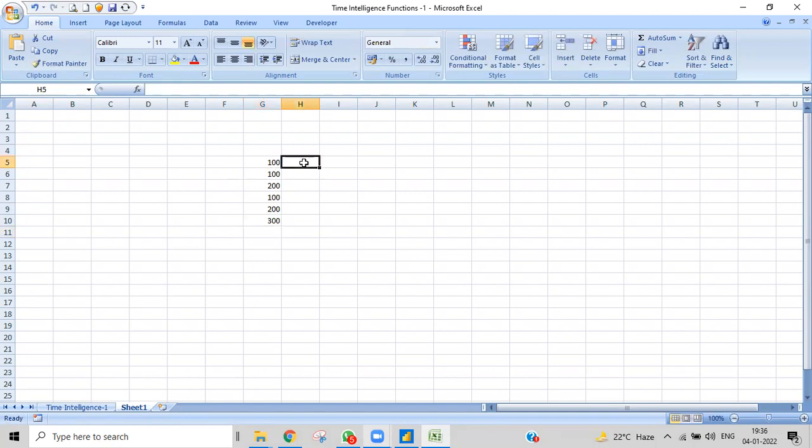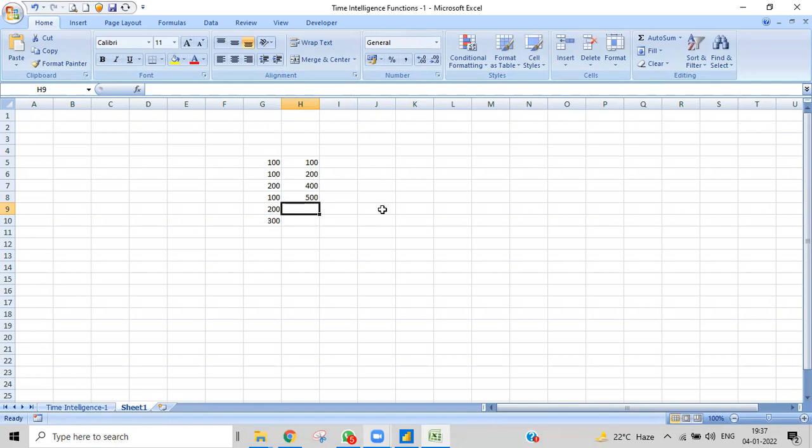Whenever you want cumulative, the first is 100, then 100 and 100 becomes 200, then with 200 it becomes 400, then plus 100 it becomes 500. This is what cumulative means.